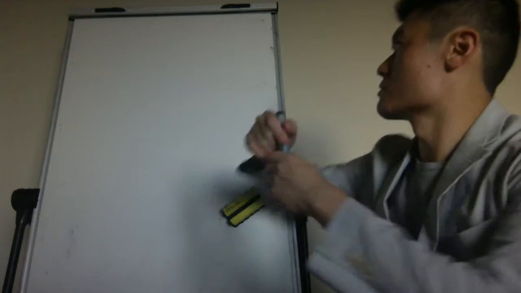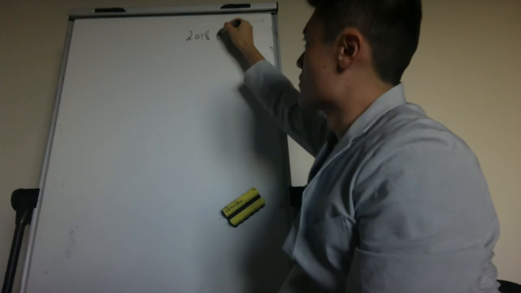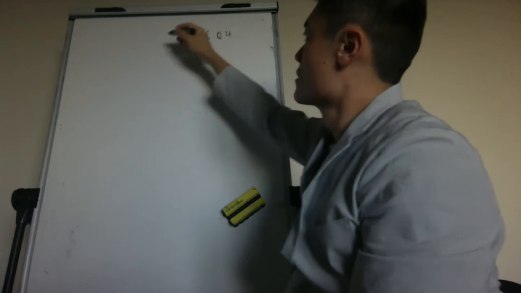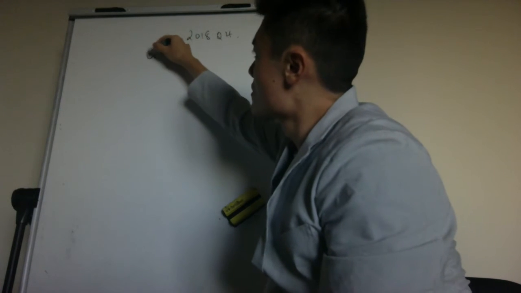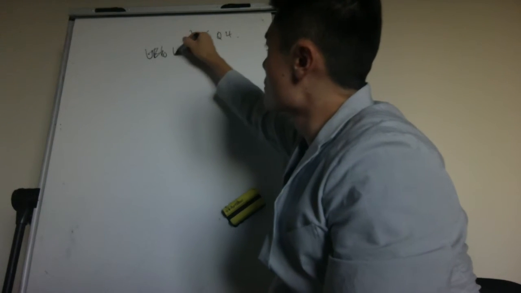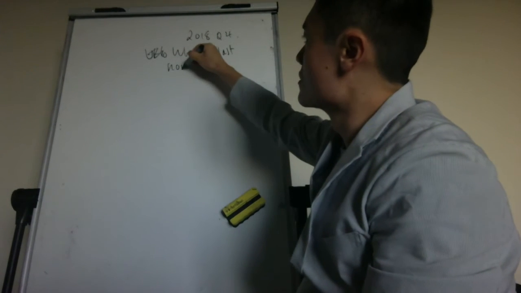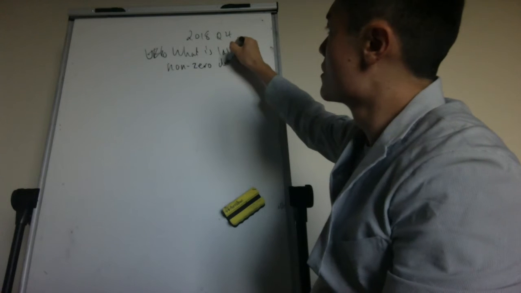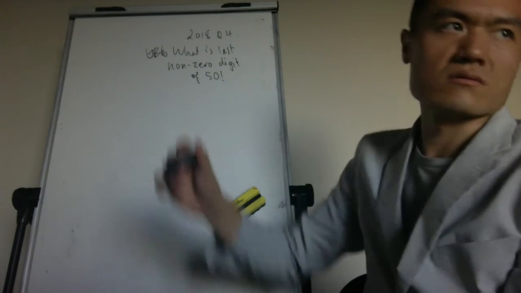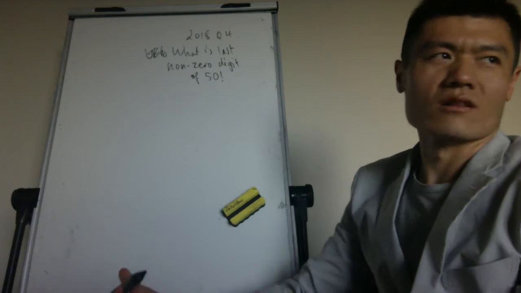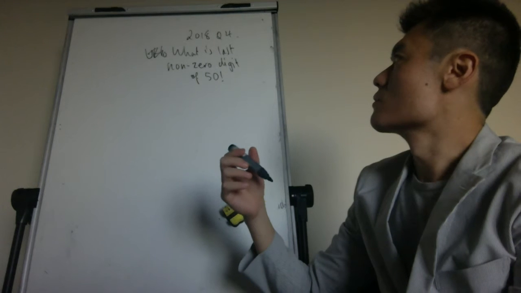Through this question. So the question is, 2018 question 4: what is the last non-zero digit of 50 factorial? Okay, and I don't really like this question, especially in this context, because